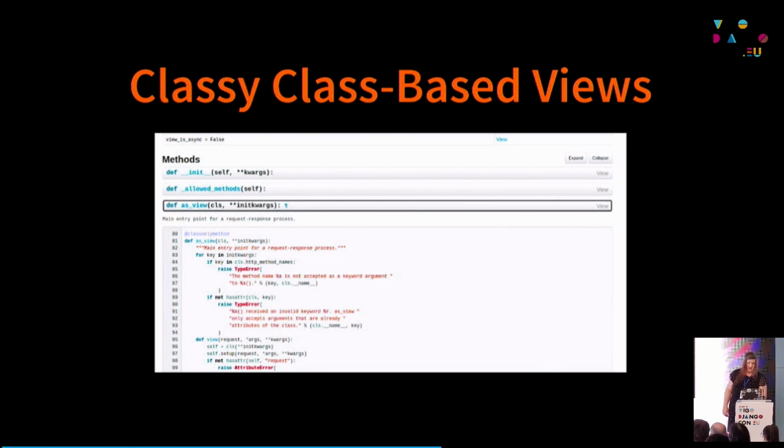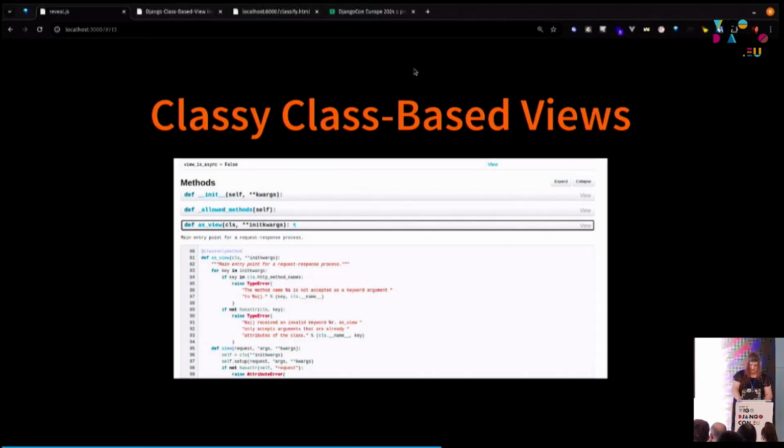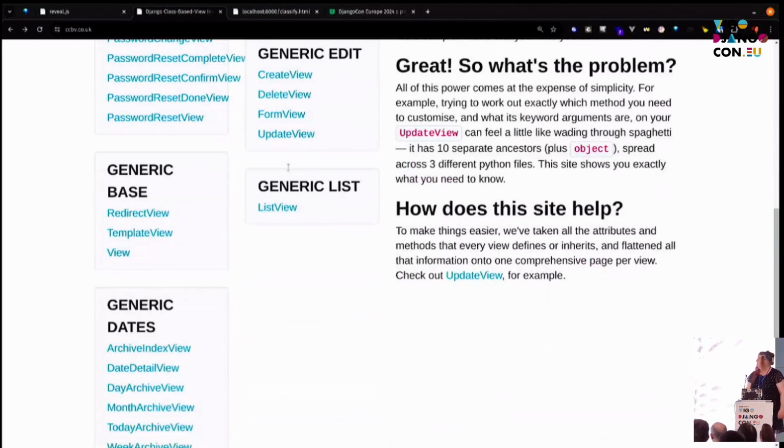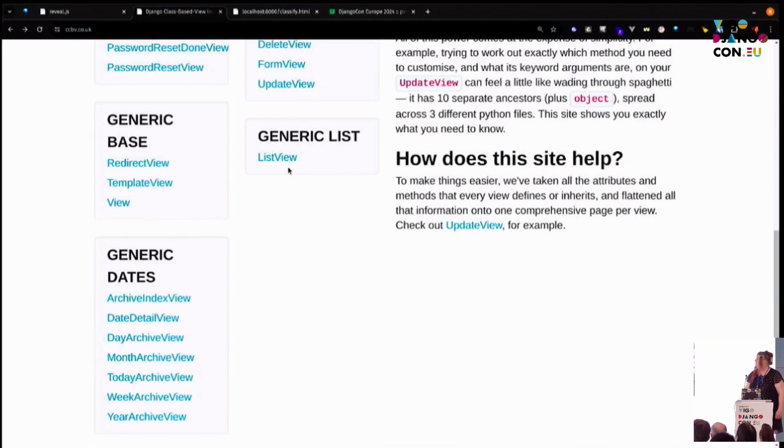So here CCBV lets you inspect everything. I'm going to try to switch to a live view. So this is the actual website of Classy Class-Based Views. And if I scroll down to template view,